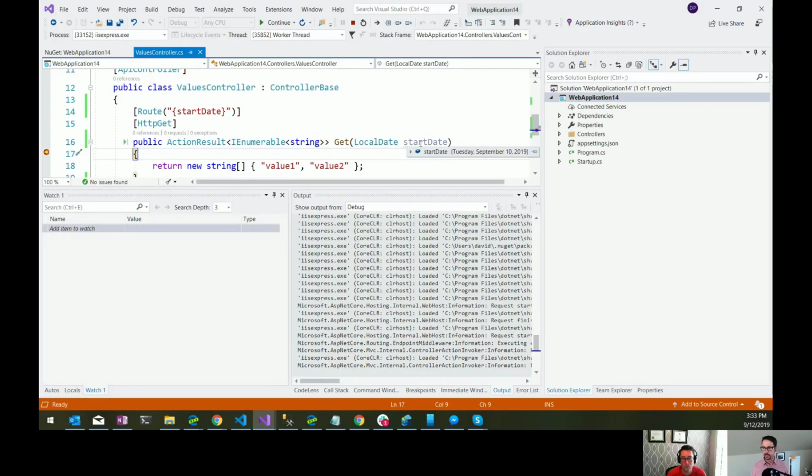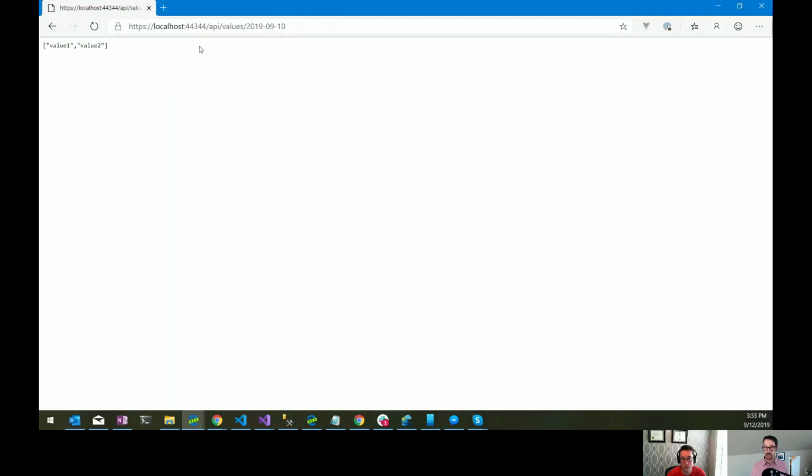Okay, so we hit our breakpoint, and there's our date, look at that. September 10th, 2019. Magic. Fantastic. And it just works. And the nice thing about those type converters is that it works on the serialization side too. So if I'm serializing local dates and sending them back through JSON, those happen automatically now too,